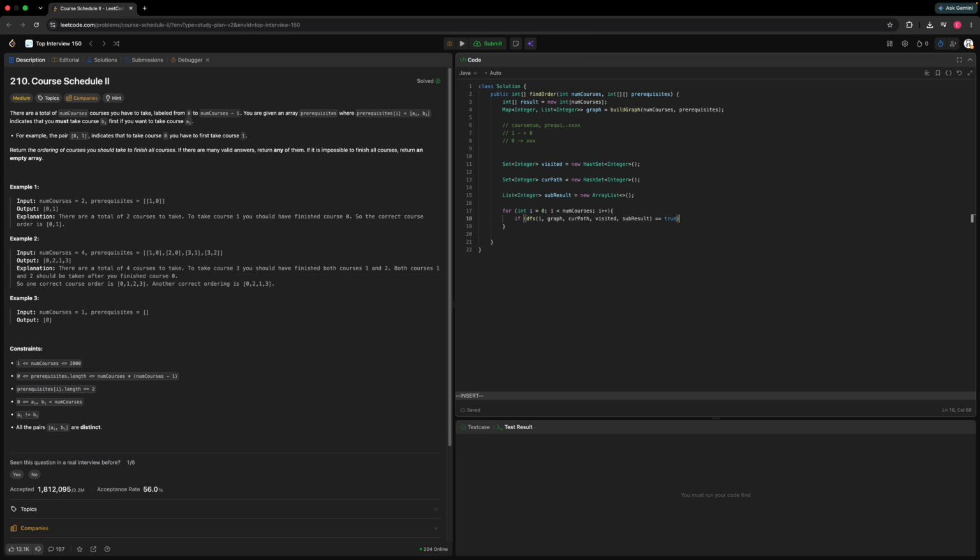If it is equal to true, which means we encounter a cycle, then we need to return an empty array. Otherwise, we need to store the sub-results, anything inside the sub-result, like